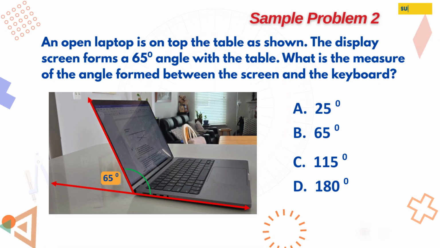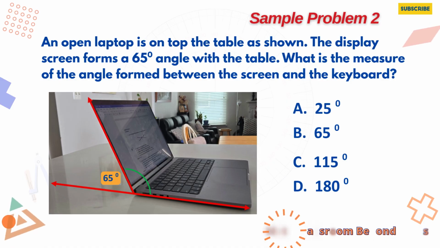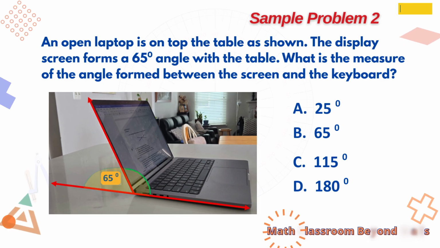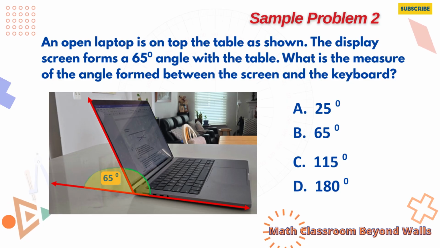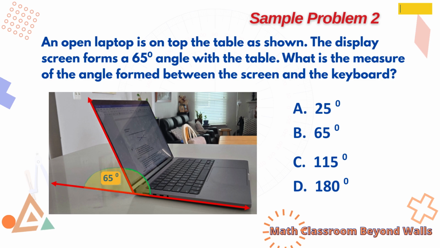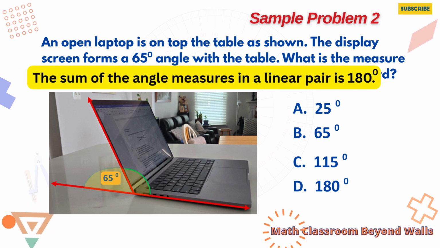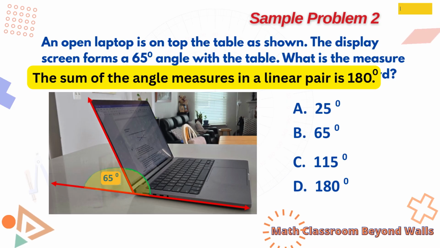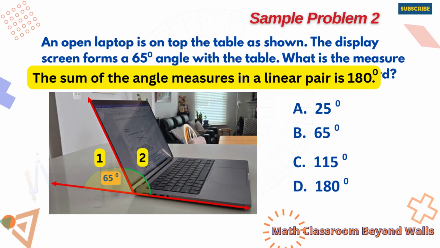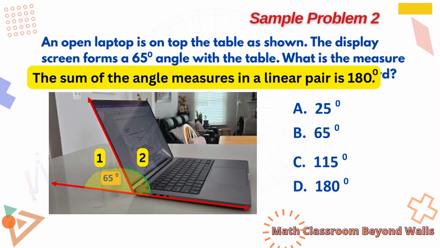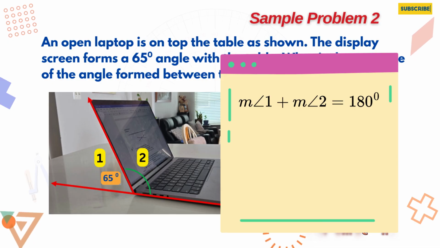Okay, so let us look at the photograph and find out what type of angle pair is shown by the diagram. What angle pair is shown here, learners? You're correct, a linear pair. What do we know about the sum of the measures of the angles in a linear pair? Okay, so their sum is 180 degrees. Let us call the angle with a given measure as angle 1 and the unknown angle as angle 2. With that, we can now write the relation between the angles. Plugging in the value for angle 1, we have